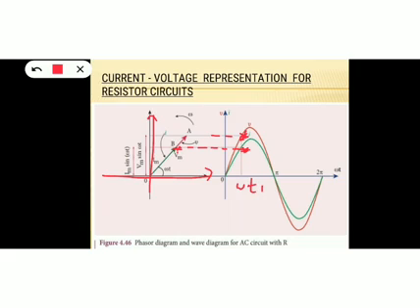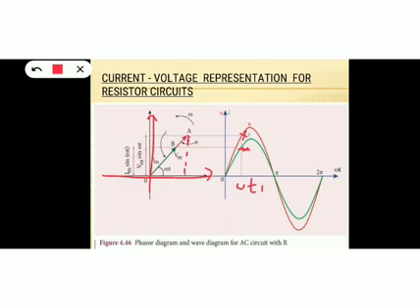Okay, and here it is very clear, both the vectors are in phase, both the vectors coincide. If they coincide, that means they are in phase, and they make an angle of, actually it is not omega t, omega t1 with the x-axis. So this is the phasor, and I told you the vertical component of this phasor gives you the instantaneous value of current. So here if we consider this phasor, this is the vertical component, and that gives us the instantaneous value of voltage.